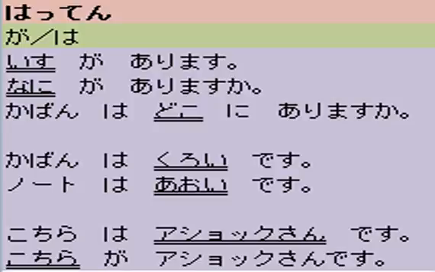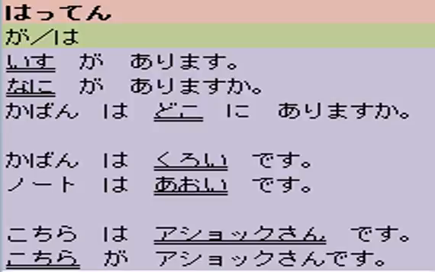In the next sentence, "Kochira ga Ashok san desu", this is Mr. Ashok, means the listener has not heard about Mr. Ashok before. So the speaker is introducing Mr. Ashok to the listener. So this is Mr. Ashok. As the speaker is introducing him for the first time to the listener, the particle ga is used in this sentence. So if you understand the difference between wa and ga, wa is the topic marker, whereas ga is the subject marker. Now let's have a recap of all the sentences.